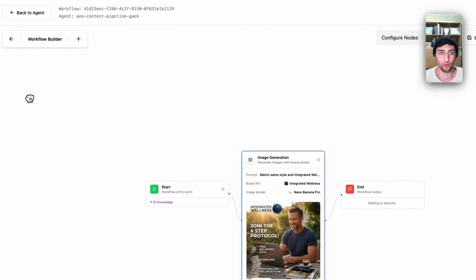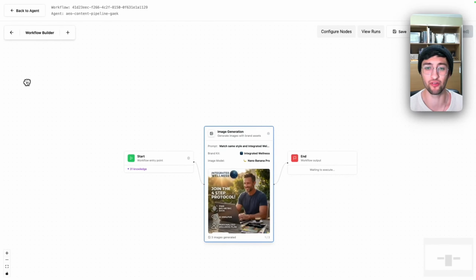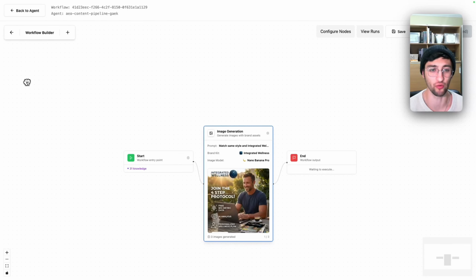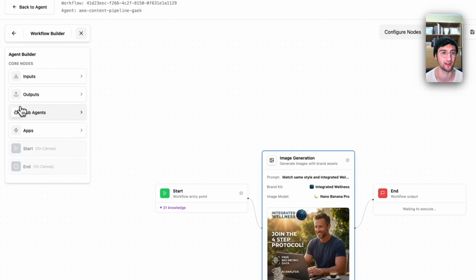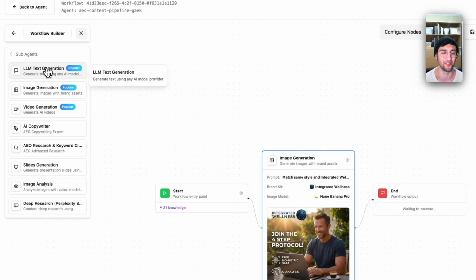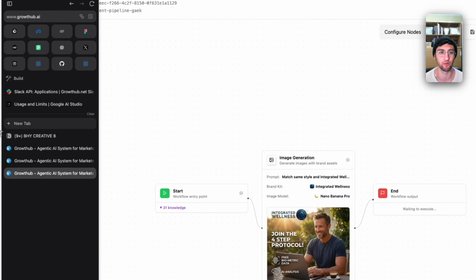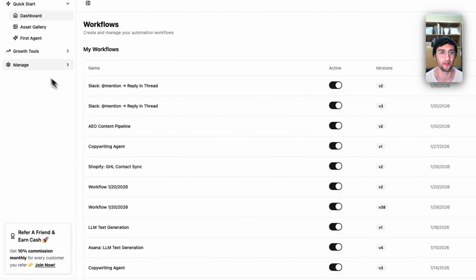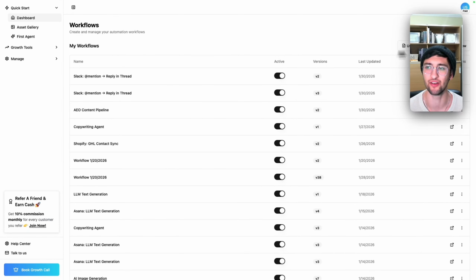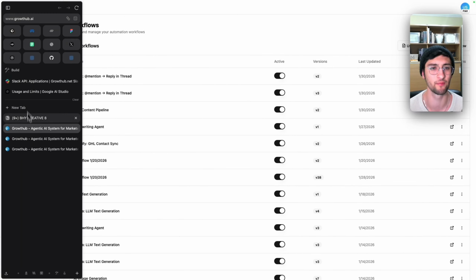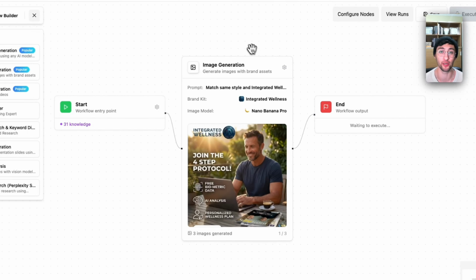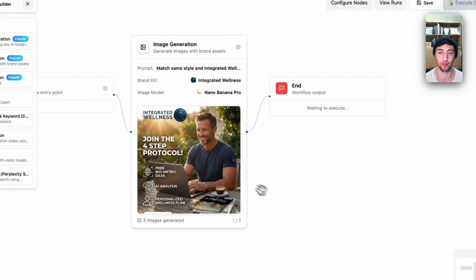For a note too, the third way that you can generate images is fully through the workflow canvas. You don't need to have these associated with agents because image generation itself is set up as a sub-agent that can be added in the node palette here under sub-agents. So you could add this too inside the workflows. Workflows you can navigate to in your dashboard under growth tools, and then you could use a template or create from scratch. As you generate, whether it's 1, 3, or 10, you'll be able to see all of your generations